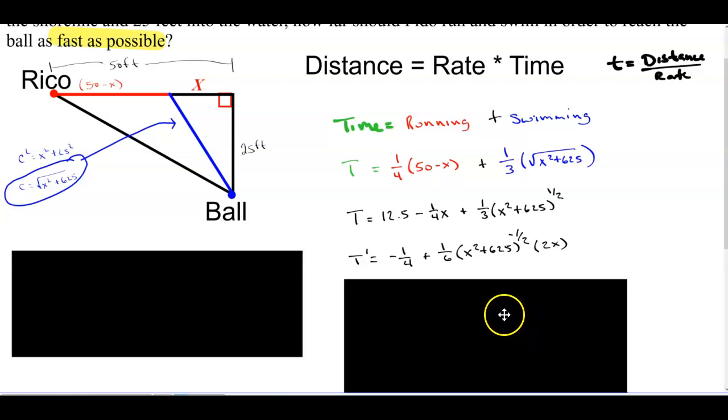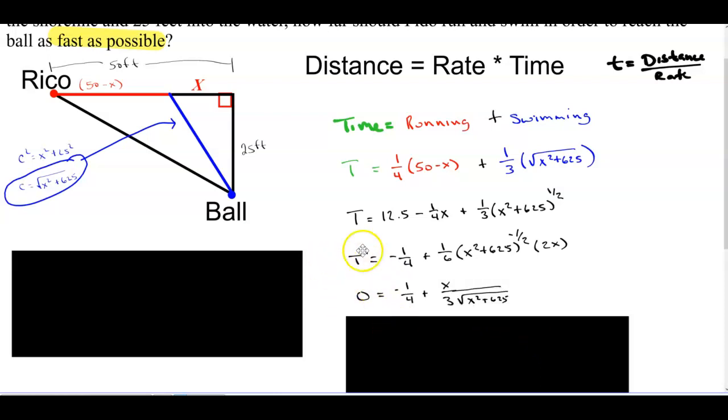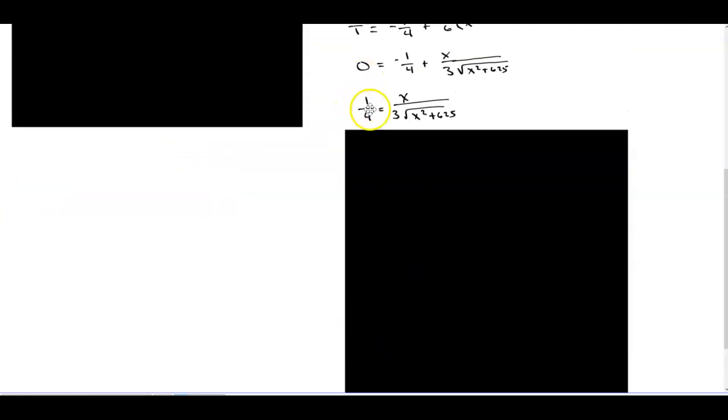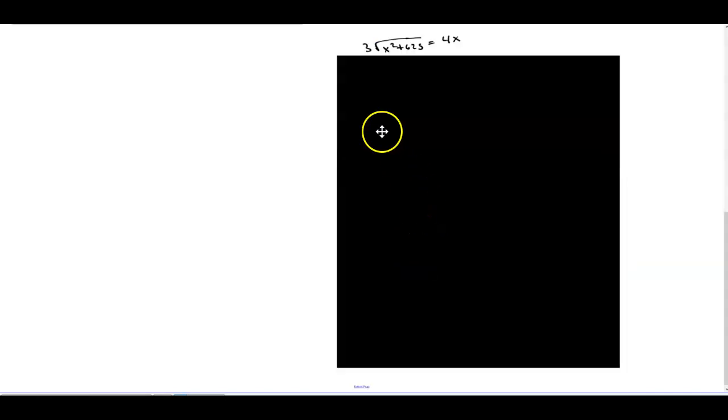So now I have to set the derivative equal to 0. I'm going to rewrite this part here just so it's friendlier. 1/6 times 2 is 1/3, and the x is going to stay up top. And then this whole piece right here is going to be rewritten in the denominator as the square root of x squared plus 625. Notice this negative 1/4. If I move it over to the other side, that gives me a proportion, and I can cross multiply proportions. I'm just going to assume you guys are pretty good at that,